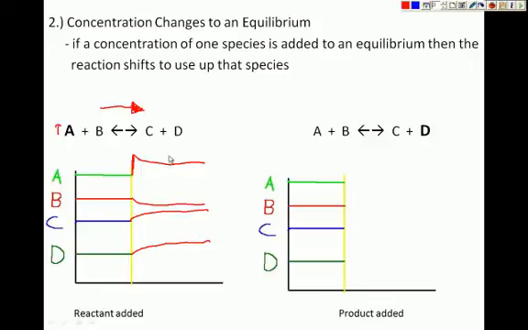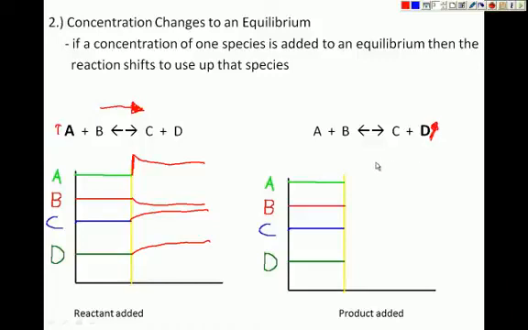Okay, and what we see here is that the reactants decrease and the products increase. Now A overall increases because we added some, but we can see that shift, that the reaction tries to do the opposite. Now here we have a product that is added, so D has been added to the equilibrium, and so D is going up,